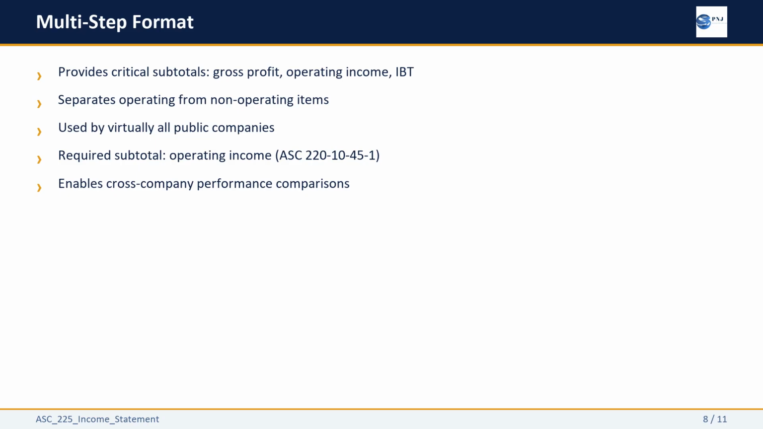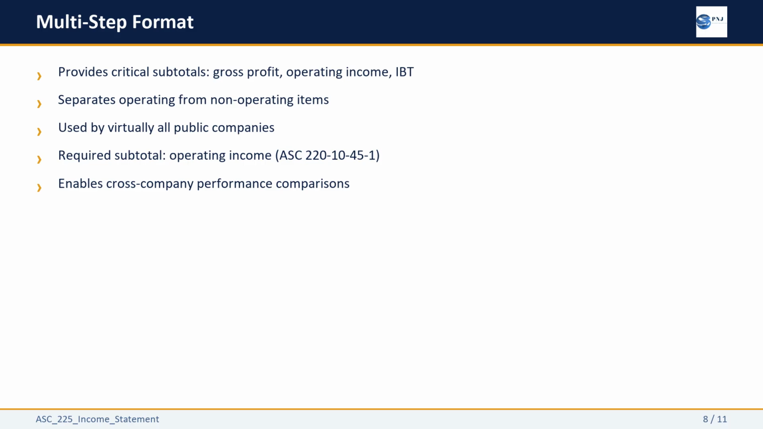The multi-step format is the standard for serious financial reporting. It gives you 3 key subtotals: gross profit, operating income, and income before taxes, each of which tells you something different about how the business is performing. Gross profit measures pricing power and production efficiency. Operating income shows you the profitability of the core business before financing and tax. And because it separates operating items from non-operating items, it lets you compare one company's operating performance to another's, even if they have very different capital structures. This is why virtually all public companies use the